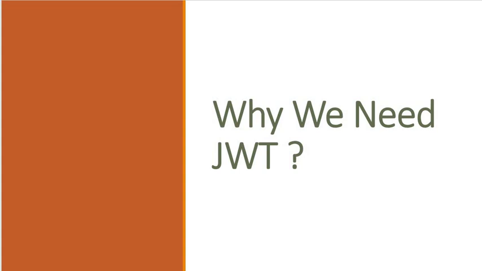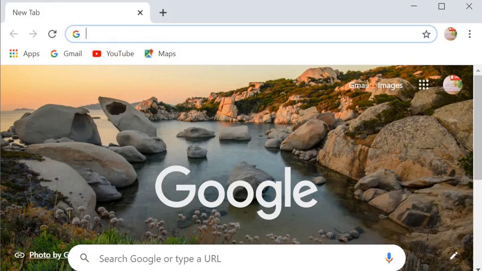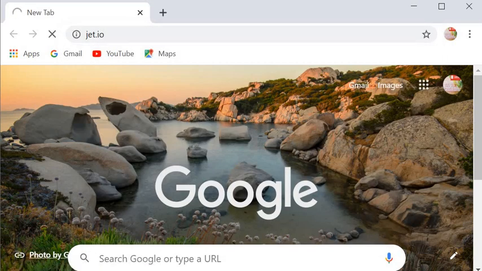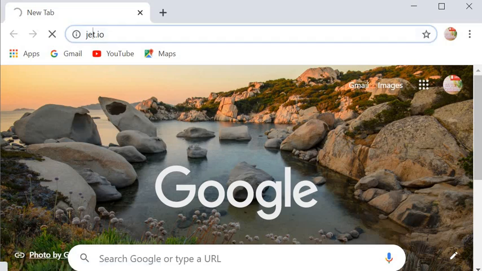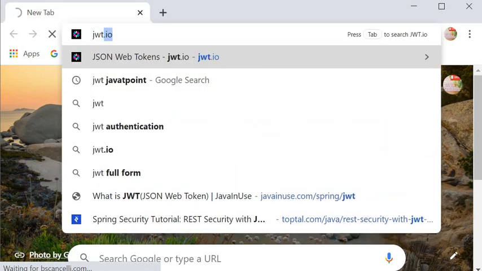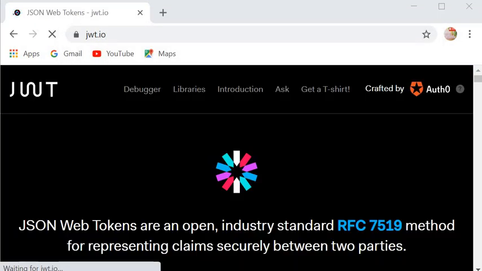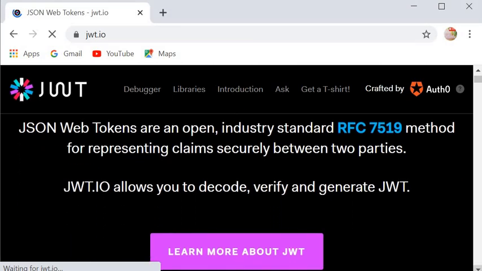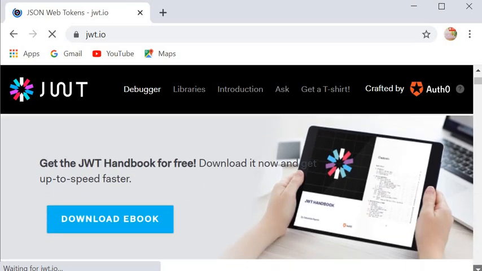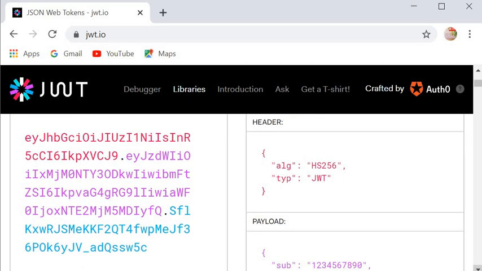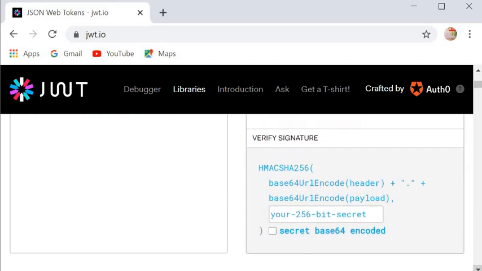You can see the JWT official site, jwt.io. That is, JSON web tokens are an open standard, and here we can see a JSON web token contains three parameters, that is header, payload and verified signature.